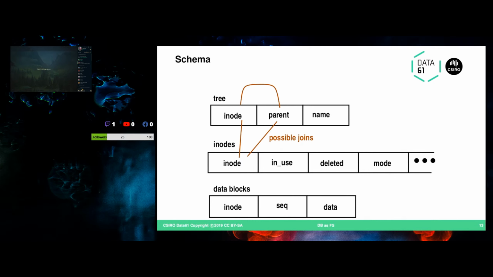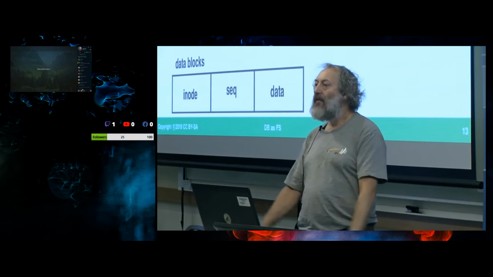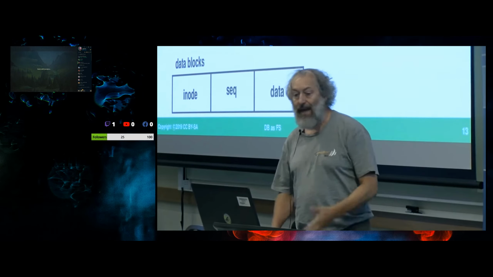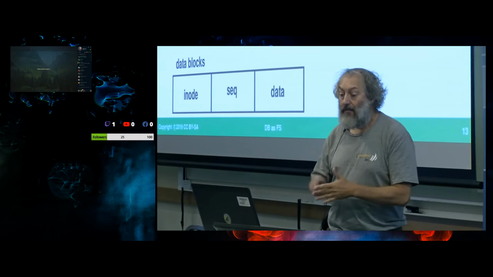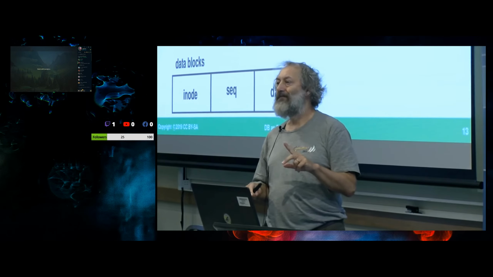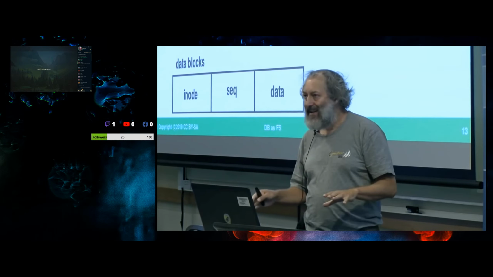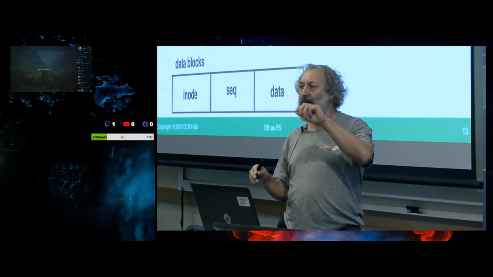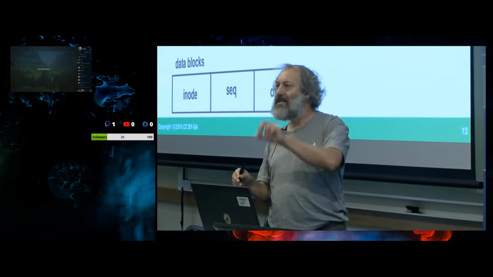You've got the inodes table, which contains all the metadata, except for the number of links that a file has. That gives you the modified time, the creation time, the mode, and two extra things, whether the inode's in use at the moment, and whether it's been deleted. Because this file system doesn't track n-links, you need to have a separate flag to say that it's been deleted. You can't